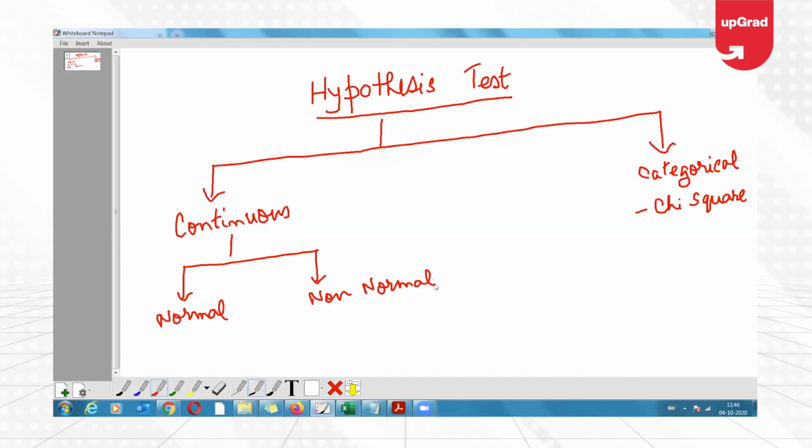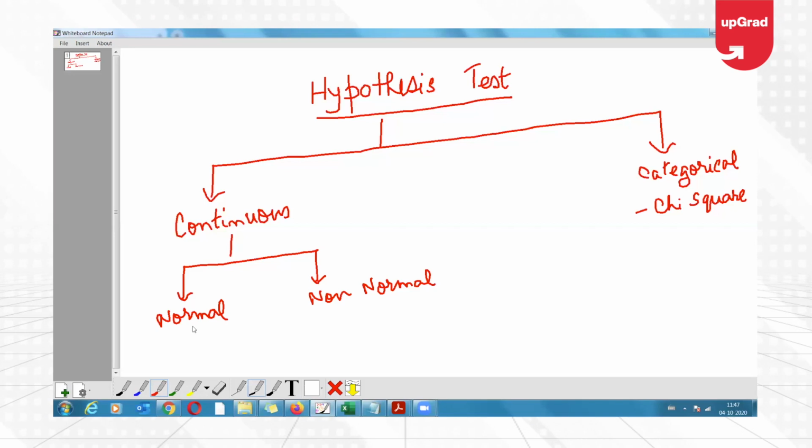So there are certain tests which only work with normal distribution and certain tests which work with non-normal distribution. So let's look at these tests,